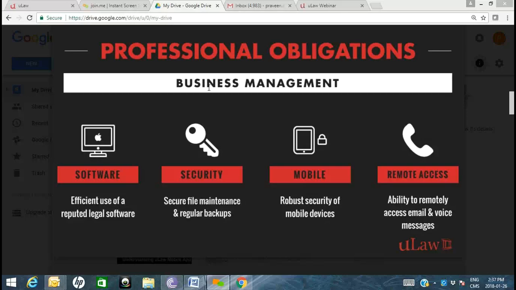When we talk about legal software, we talk about legal accounting and practice management. These are two common terms I'm sure you've come across, whether you've just graduated, you're an articling student, or you're a seasoned campaigner. Legal accounting, practice management, file management, case management, etc. What I want you to take away is to focus more on legal accounting and practice management, because accounting